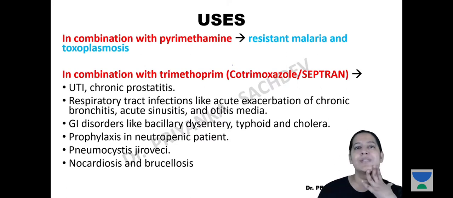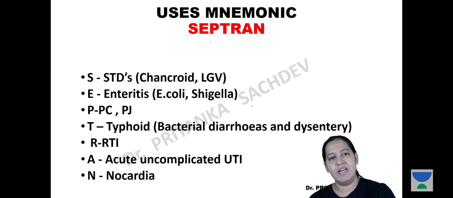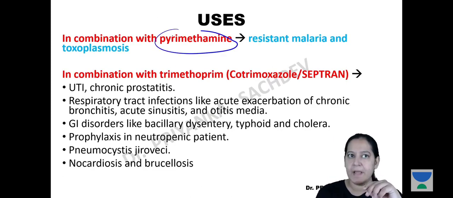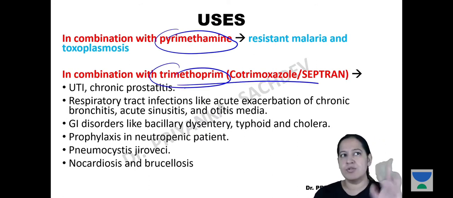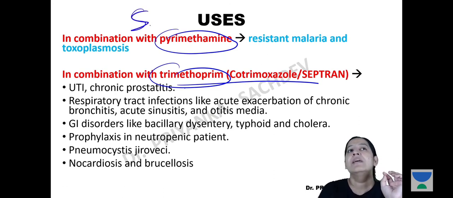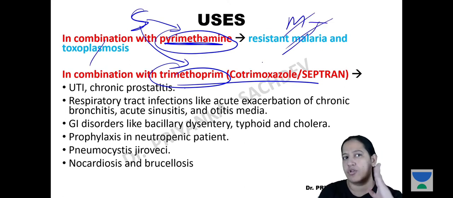Coming to uses. Alone it cannot be used; it is never used alone. It is used either with trimethoprim, that is known as cotrimoxazole, or with pyrimethamine. It is used in combination. I am talking about sulfonamides. With pyrimethamine, it is used only for two purposes: malaria and toxoplasmosis, MT. With trimethoprim, the combination of the two, sulfonamide plus trimethoprim, is equal to